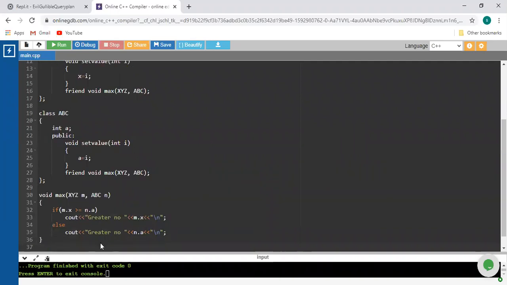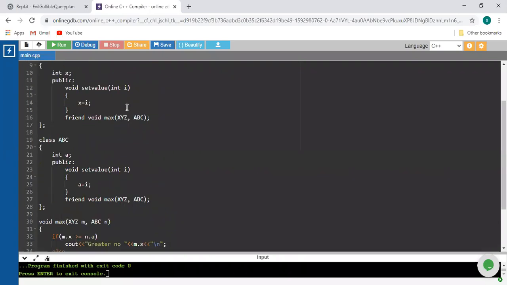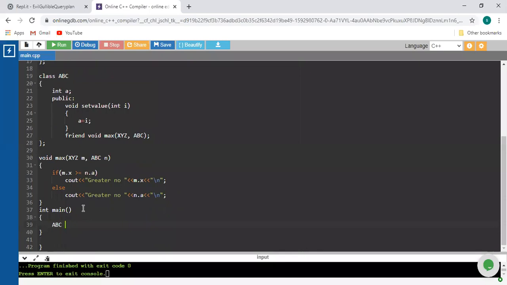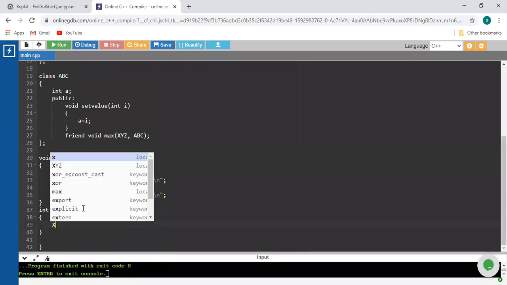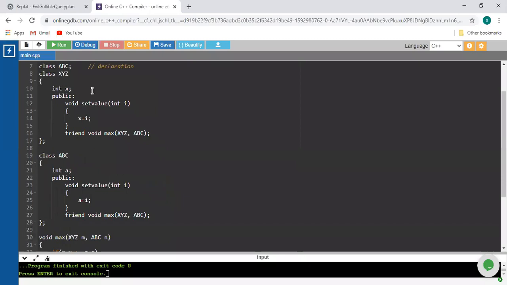Now just provide the call for both these functions. How are you going to provide the call? Create the object of XYZ, and the object of that XYZ is small xyz. With the help of that object, which method are you going to call? This particular setvalue method is going to be called, and we have to pass an integer value.